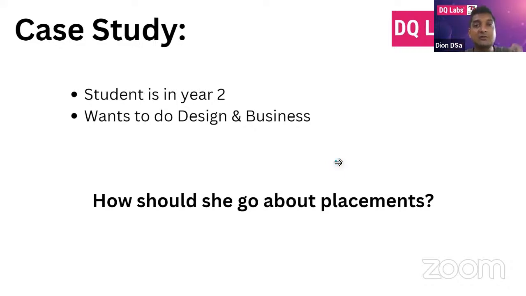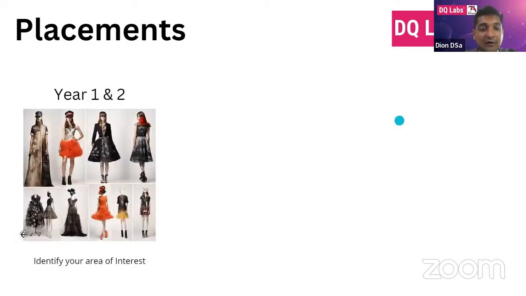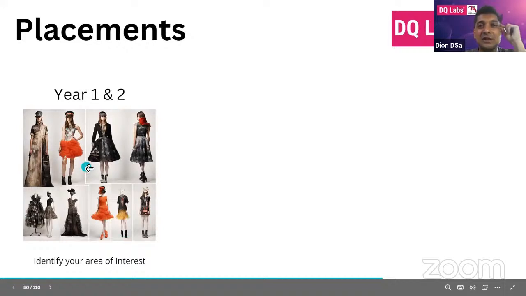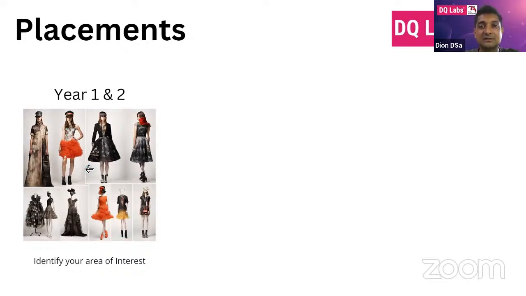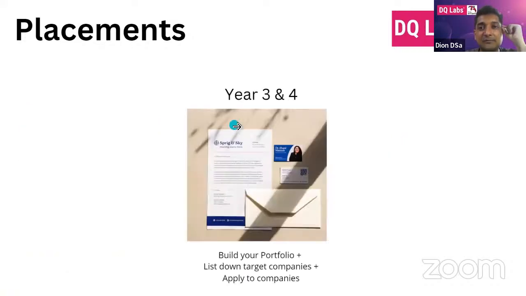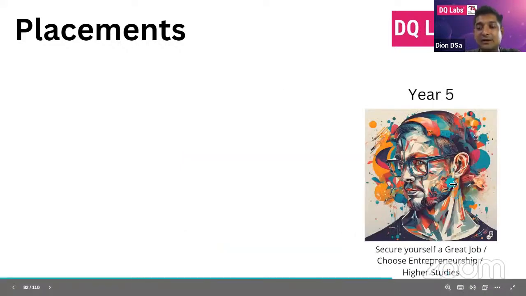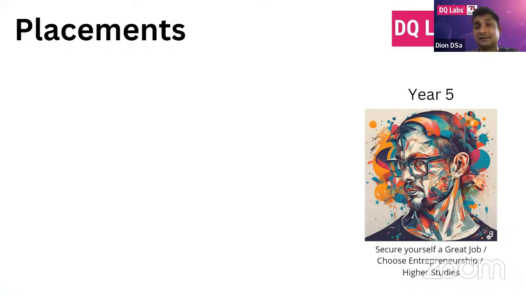You should not worry about if a college gives you the placement that you want. If they bring an opportunity to you, and that opportunity is interesting to you, that would be great. But if it's not interesting to you, don't worry. Don't depend on the college. You have to work on it yourself. And how you do that is in the first year and second year, you need to identify your area of interest. In the third year and fourth year, you need to build your portfolio showcasing that interest, and you need to apply to companies, right, that are working in that field. And if you do that, certainly by year 5, you will get a good job in the field that you want, right?